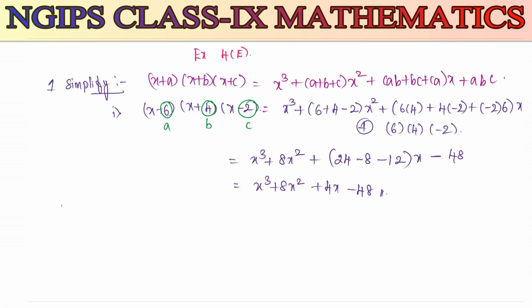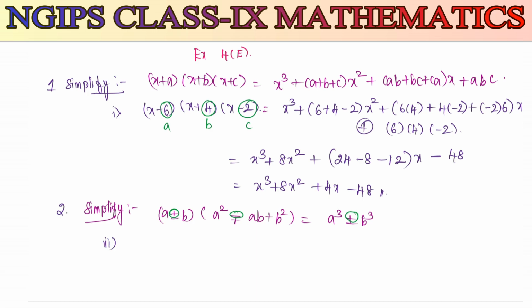Okay, the second one they have given. We need to simplify by using the identity. What is that identity? They have given (a ± b)(a² ∓ ab + b²) is equal to a³ ± b³. Now you have to remember in this, when you are taking the plus, the first term you have to take, and here also it will be plus. When you are taking minus, the second sign we need to take. So commonly they have given plus or minus.